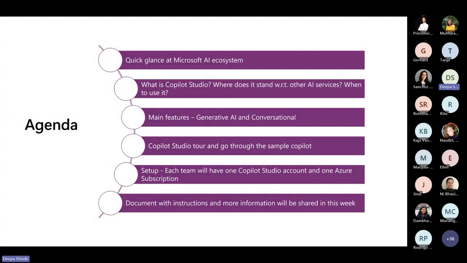So what we are going to do in the rest of the time today is look at a quick glance of the Microsoft AI ecosystem. Quickly brush through some of the technologies we have and what you would have access to over the weekend, 2 days. We will talk about one specific tool which we think is very apt. As a team here, we have looked at services, and we think Copilot Studio would be a very good tool for you to build some of your conversational applications during the weekend. And then we'll go through some of the main features of Copilot Studio.